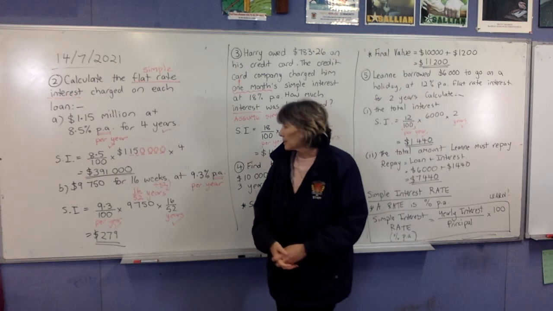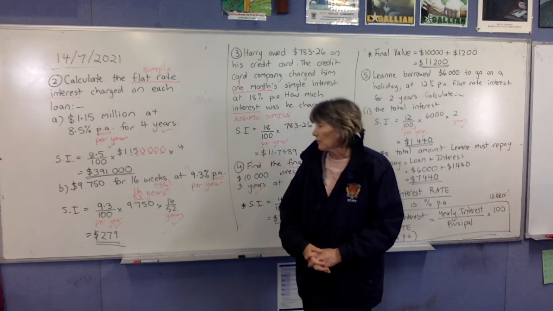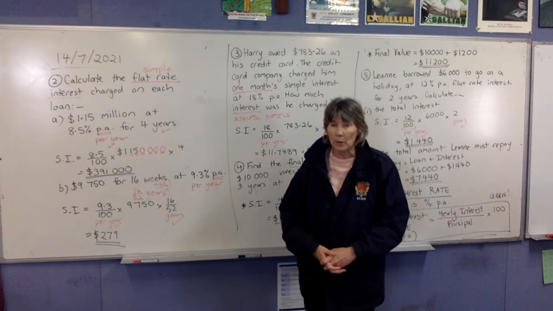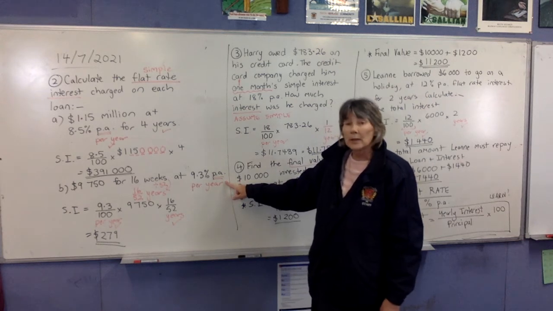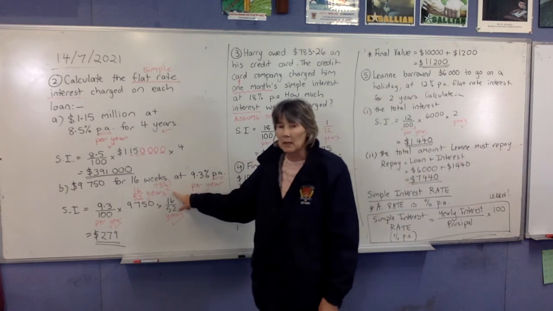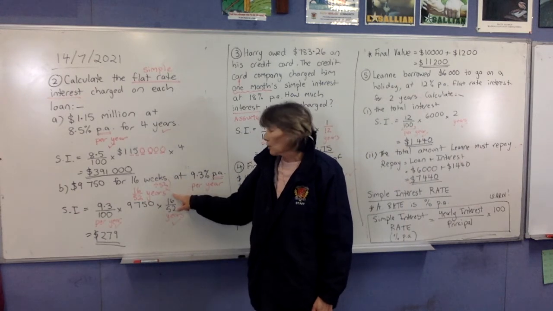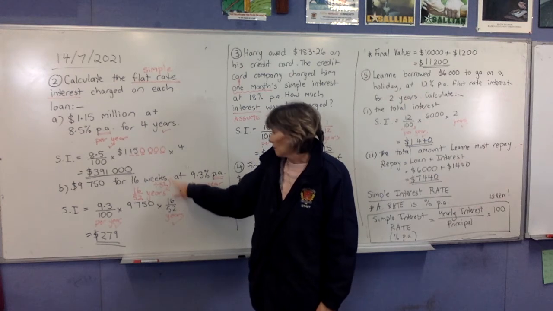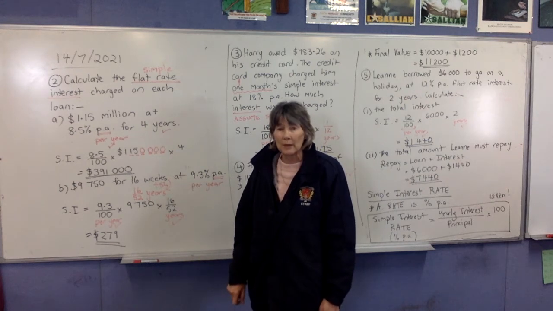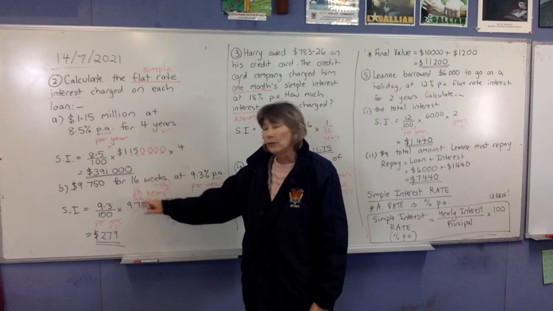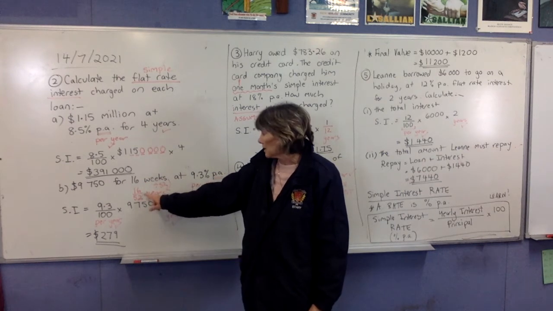Okay, so looking at the next one, $9,750 for 16 weeks at 9.3% per annum. This is per year. This needs to be in years. So converting weeks into years, we're going to a bigger unit, so we divide by 52 because there's 52 weeks in a year. So we're going to write this as 16 over 52 because that means the same as divide